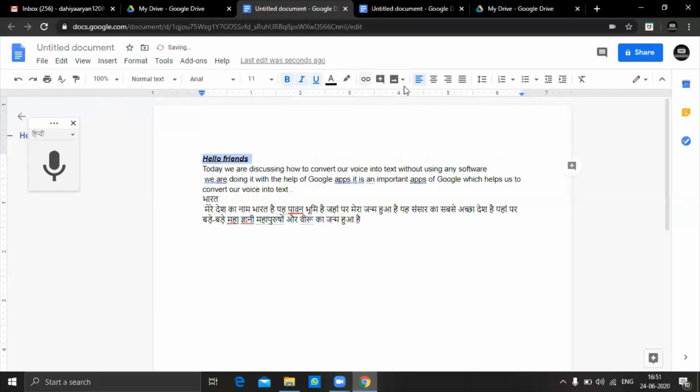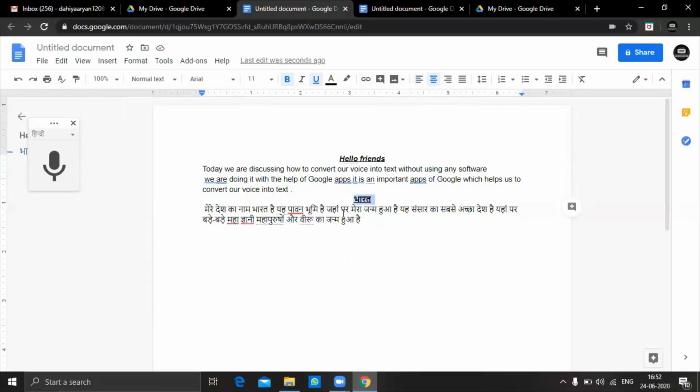You want to make it as a heading, put it in the left alignment. You want to change the alignment, you want to put somewhere apostrophe, comma, full stop, you can do it by editing. Or if you want to change the color of your document, you can do it. Clear? Suppose this is, and make it as a center alignment, you want to make it bold and underline. So this is our English text and this is our Hindi text.